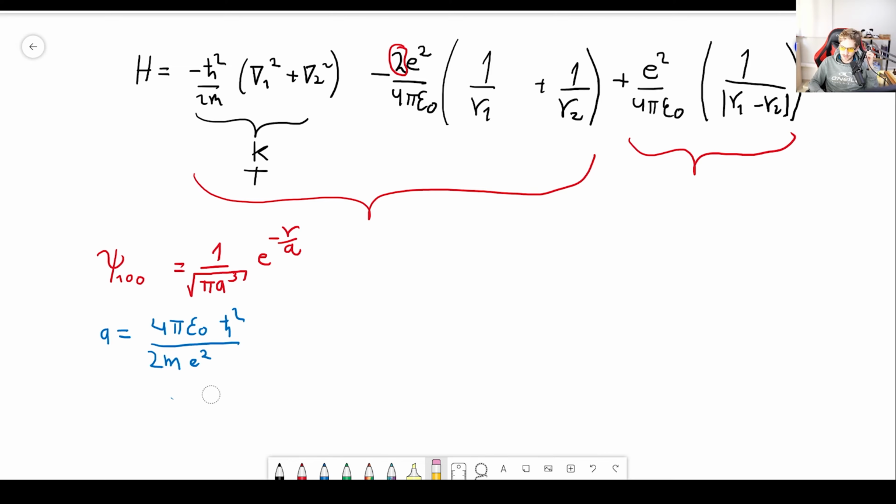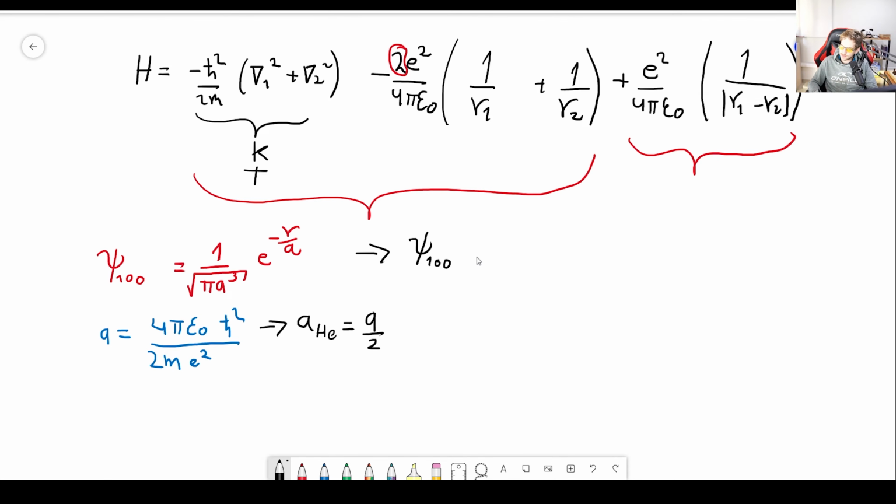So basically, the Bohr radius, right? It's not quite the Bohr radius, but it's analogous for the helium atom. It's going to be half of the one for hydrogen, which we simply call A. So in our new wave function, the A should now go to A over 2. So for helium,